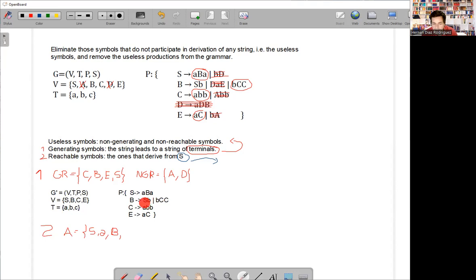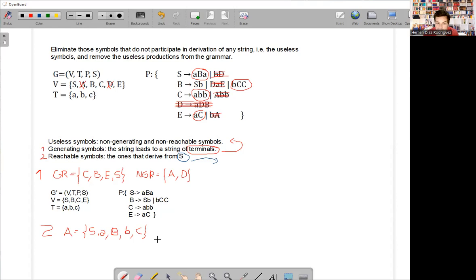Which are, we already have S, so we add lowercase b, uppercase C, and from C we go to the terminals ABB, which are already in the set, right? So we close this set,